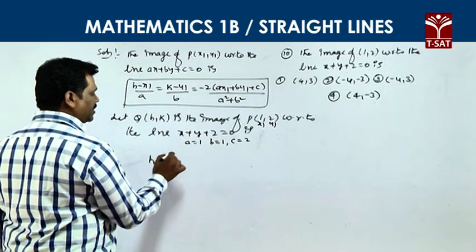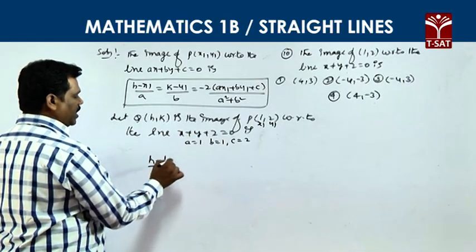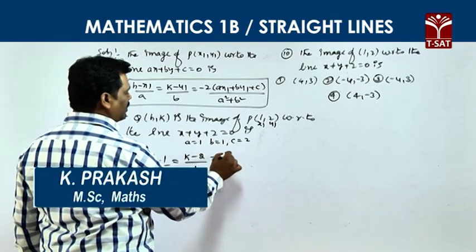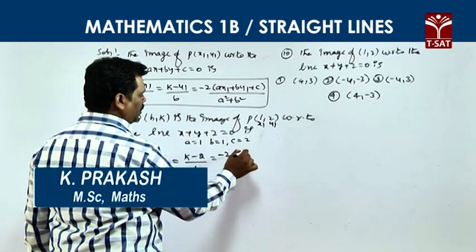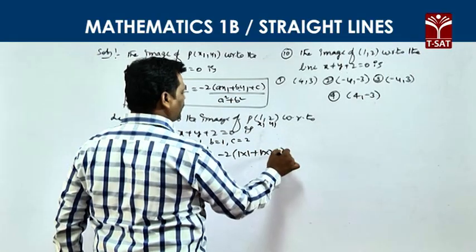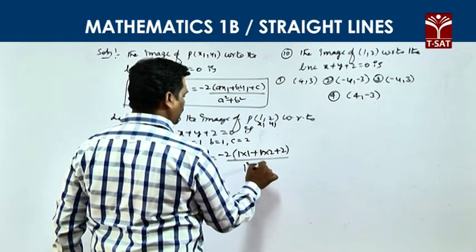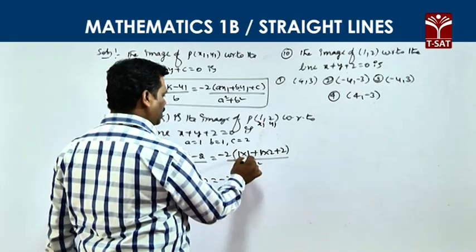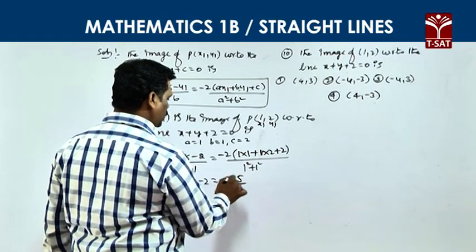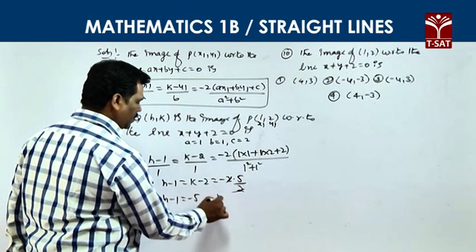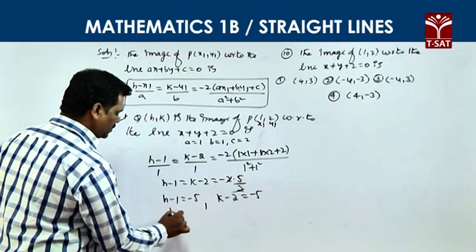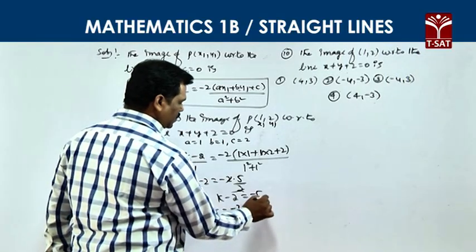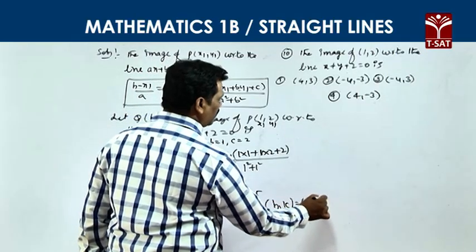So (h − 1)/1 = (k − 2)/1 = −2(1·1 + 1·2 + 2)/(1² + 1²). So h − 1 = k − 2 = −2 × 5/2, the 2 cancels. So h − 1 = −5, and k − 2 = −5, h = −4, k = −3. So (h, k) = (−4, −3). The answer is